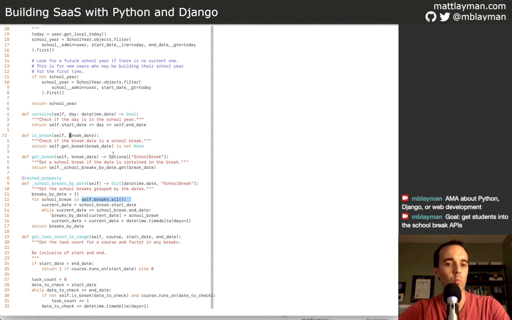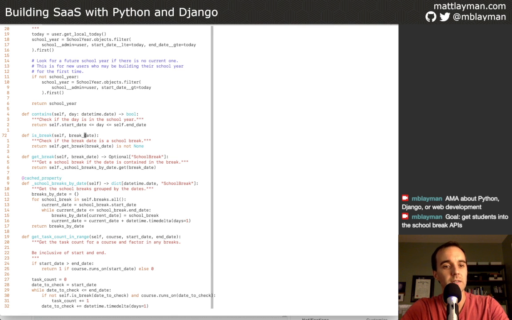So each break can be thought of as a collection of dates. And so this loop that goes through here looks at the school break and does this comparison and adds it to this dictionary. And that dictionary says whether a thing is a break or not. It's a Boolean kind of operation. And actually puts the break itself in the dictionary, so it can check out more specifics about it, like if it's got a description or not. Sometimes that gets used. But the Boolean check here just says, hey, are you a break or not?